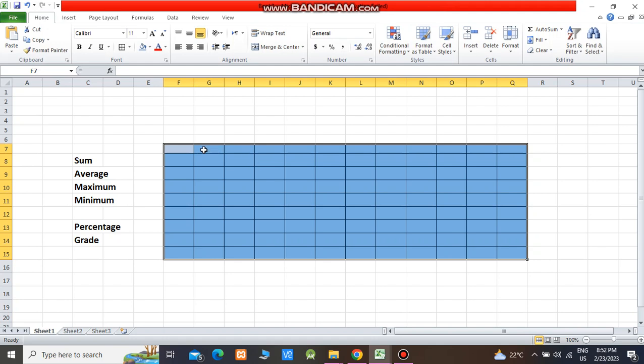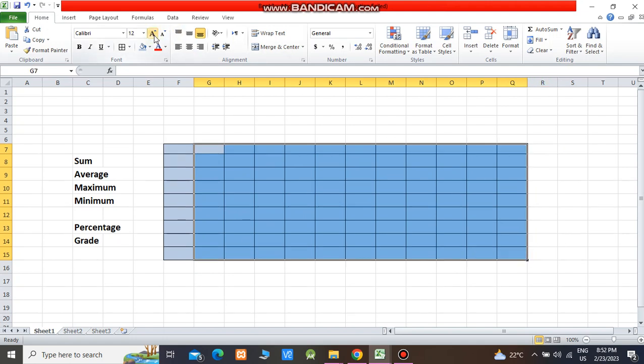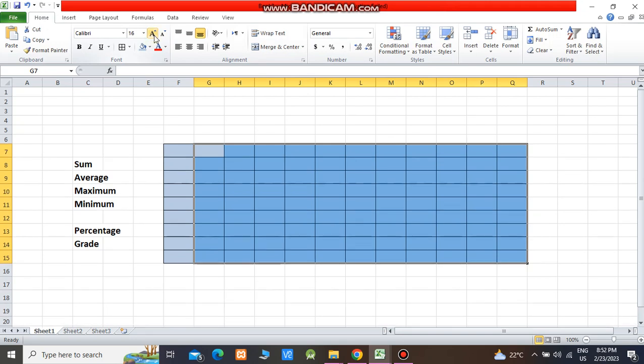So what is our next point? Yes, our next point is set the font size. Again select some cells and set the font size of these cells as 16 and then press shortcut key of Ctrl B. Here we can see